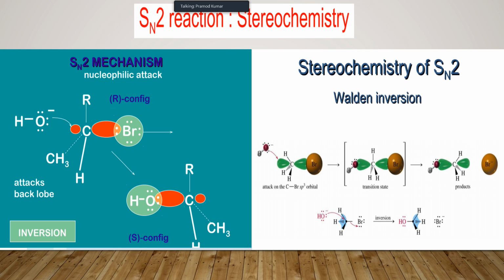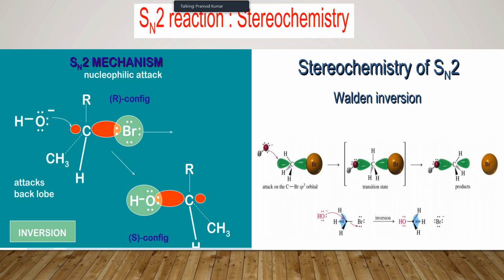So now let's see the stereochemistry. What does it say? In case of an SN2 reaction, think of it as a single step reaction. The nucleophile attacks and the leaving group simultaneously leaves the substrate. So what happens? Your nucleophile is negatively charged and the leaving group leaving the substrate is also negatively